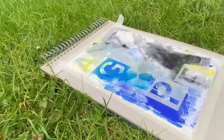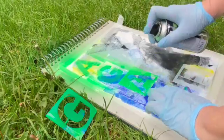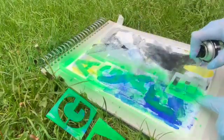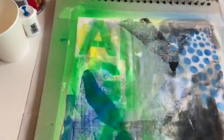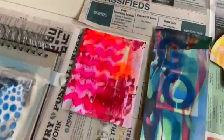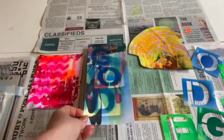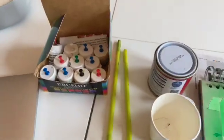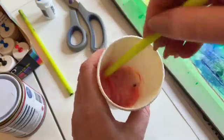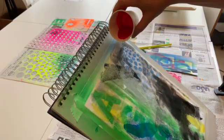Going in with green. This is what we got done. This says agape. I used this kind of neon green, and then I did the chevron stencil over here, and I used some of these over there. Loving the layering. I think now, just to finish them off, I'd like to do some varnish with the brusho dyes over the top. I'm going to just take a bit of this and pour it onto